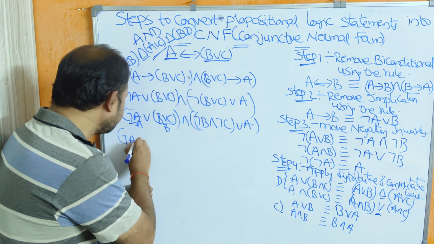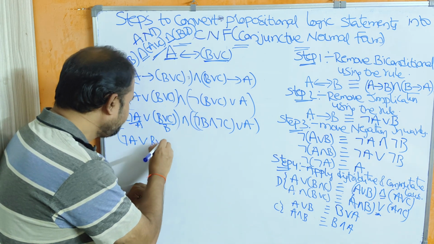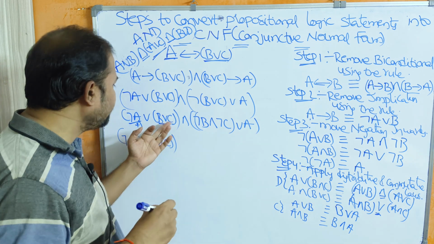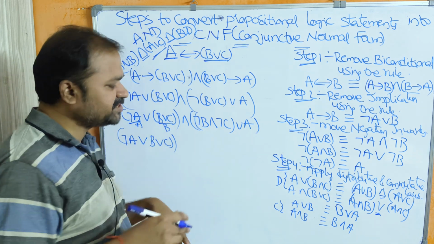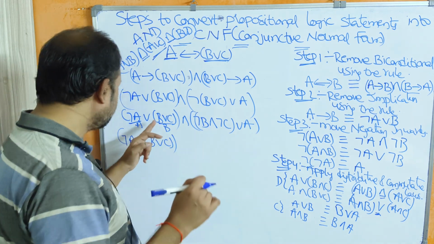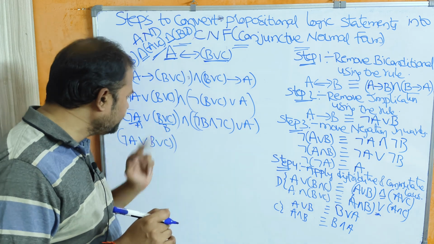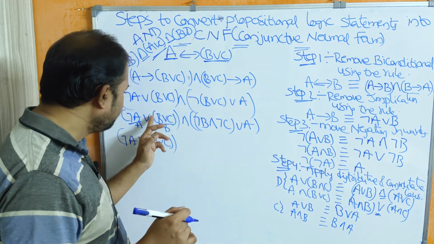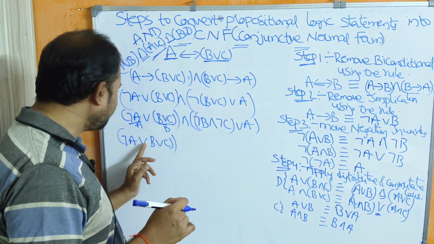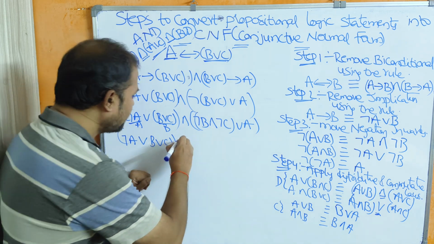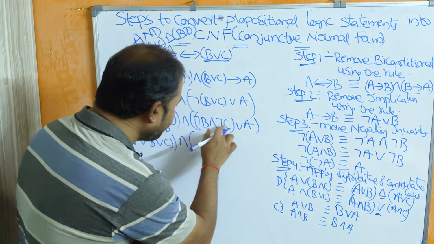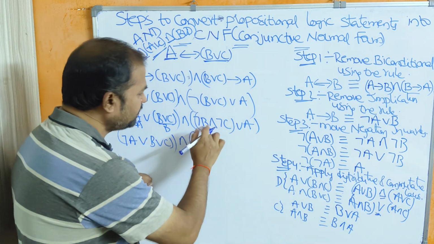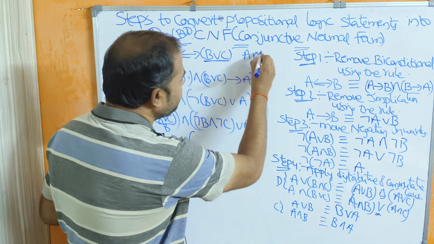So remove this parenthesis: negation A or B or C. Or if you want, we can write B or C or negation A. Both are the same. Here what we are doing is removing this parenthesis symbol. So negation A or B or C. And here A and B or C. What is the formula? A and B or C means